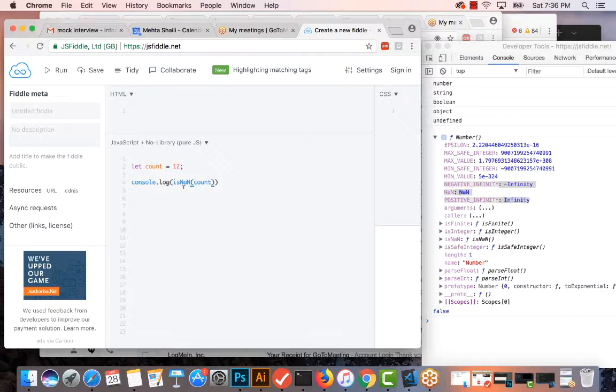NaN means not a number. Is this not a number? No, it is a number, so that's why it gives you false, right? But if I make it a string,